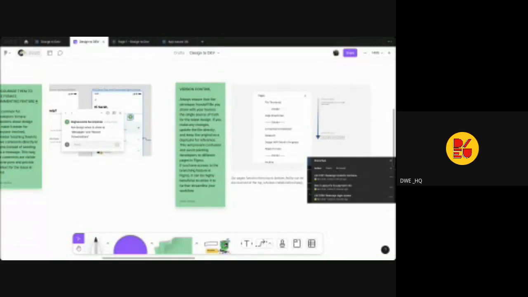Okay, someone just confirmed that it's still blurry. That's interesting. One minute.